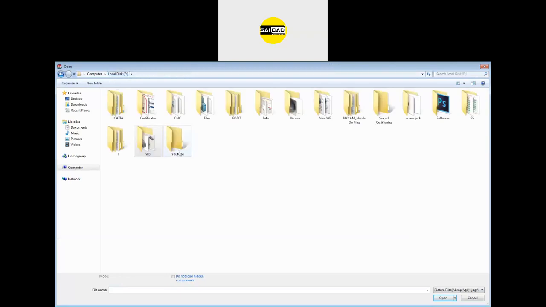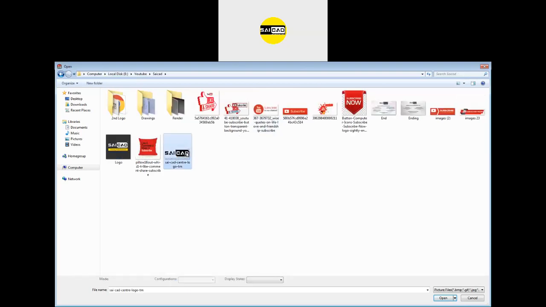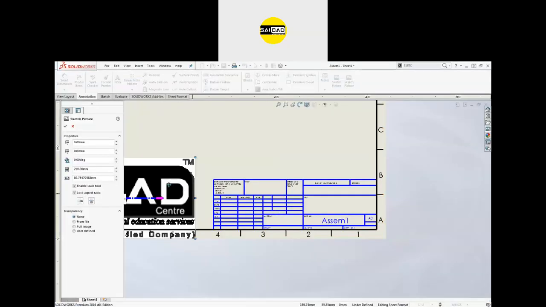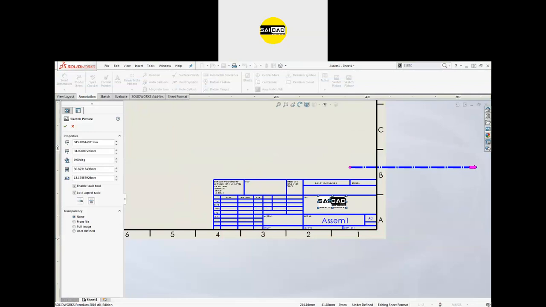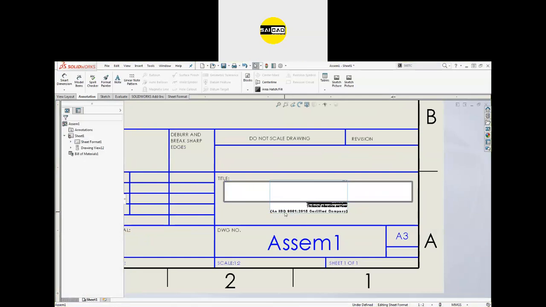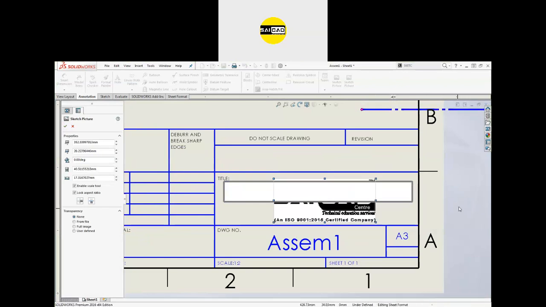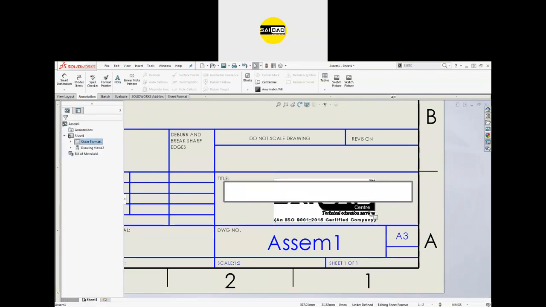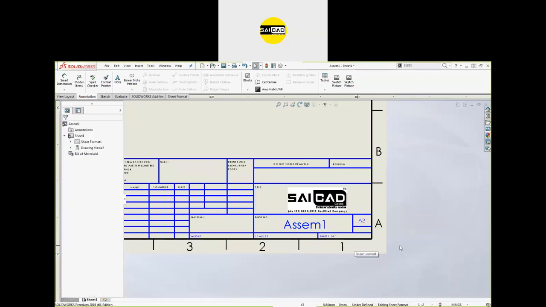So for that, I'm just going to insert a logo. So we have a logo here. Just click that. I want to insert here. So just resize and place it according to your position. Click OK, and here is the logo. If you want to edit that, just click on it like that, and you can just resize it. Okay, click OK. And we have the logo like this. Okay, just use this one.